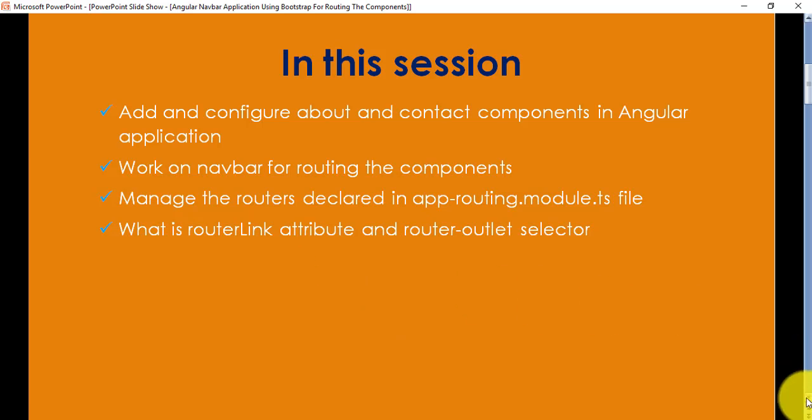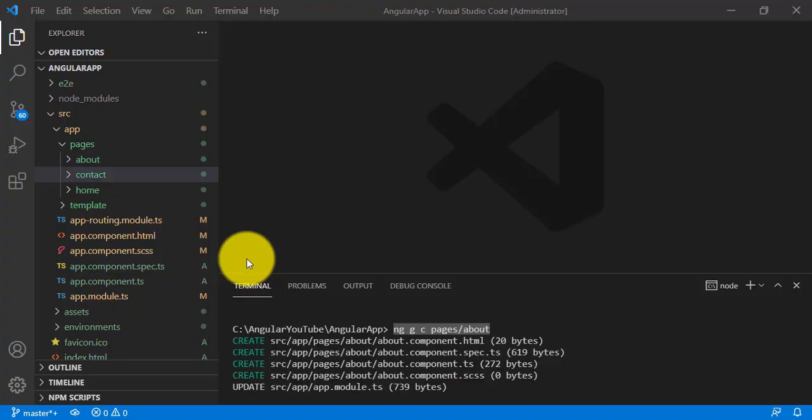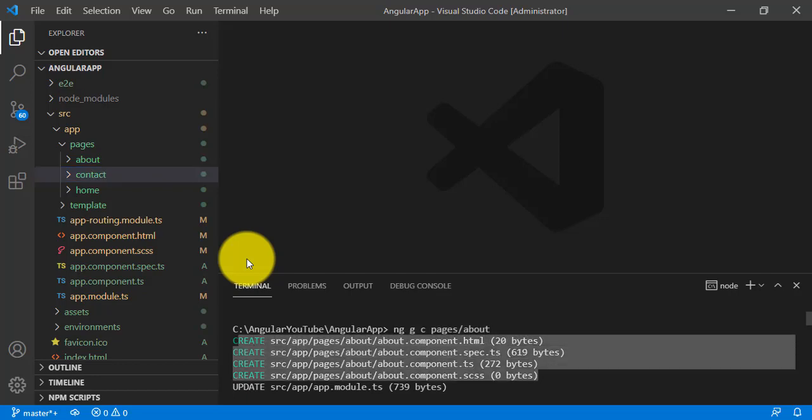So first we shall generate the about and contact components to make the application look better. I'll go to my Visual Studio Code first, and here I have generated the about component. For that I have added this command, ng g c pages/about, and this command will execute and create some files for this component.